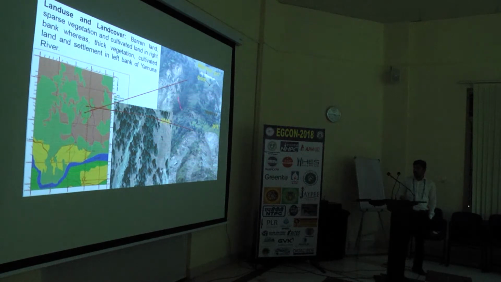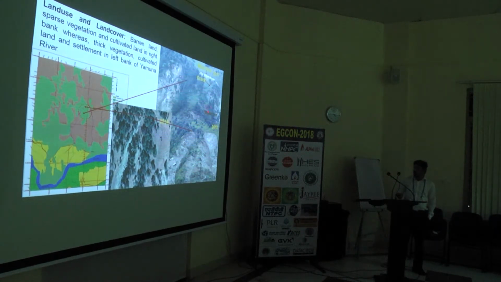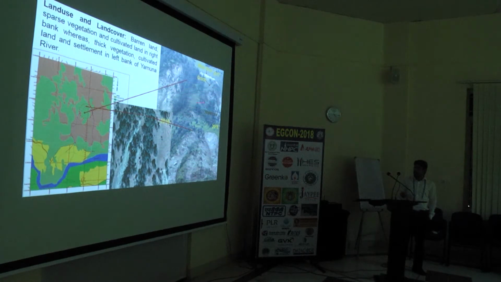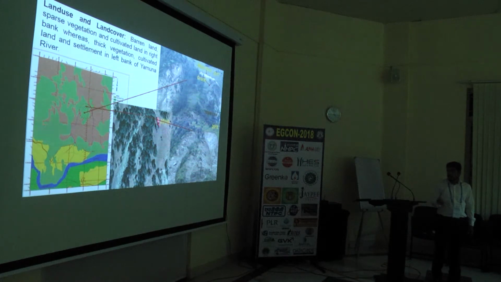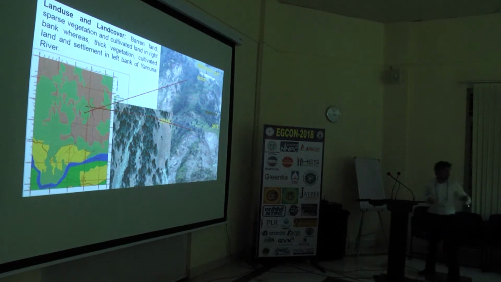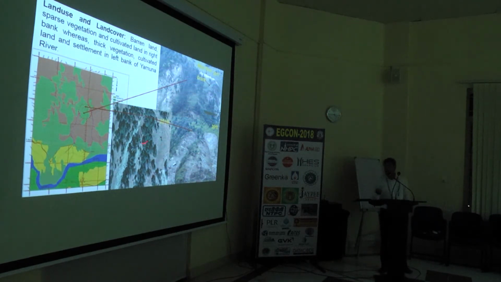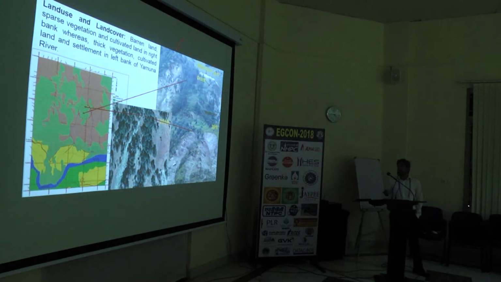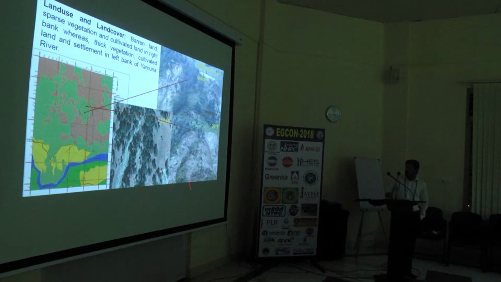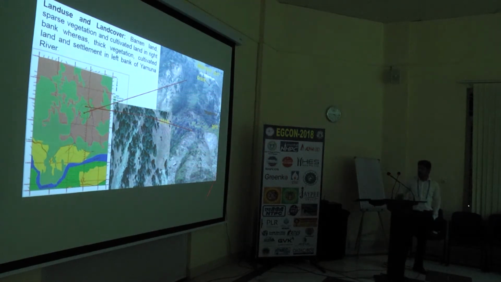The changes are basically here below the main scarp. You can see here there are cracks, longitudinal cracks, even some transverse cracks. Here is another scar which developed in 2017. But in 2016 there is nothing, though you can see the impression of that main scar here. It means something was happening. It started happening in 2016, but it was completely active in 2017 and 2018. And now this mass has already displaced or fallen down in 2018.